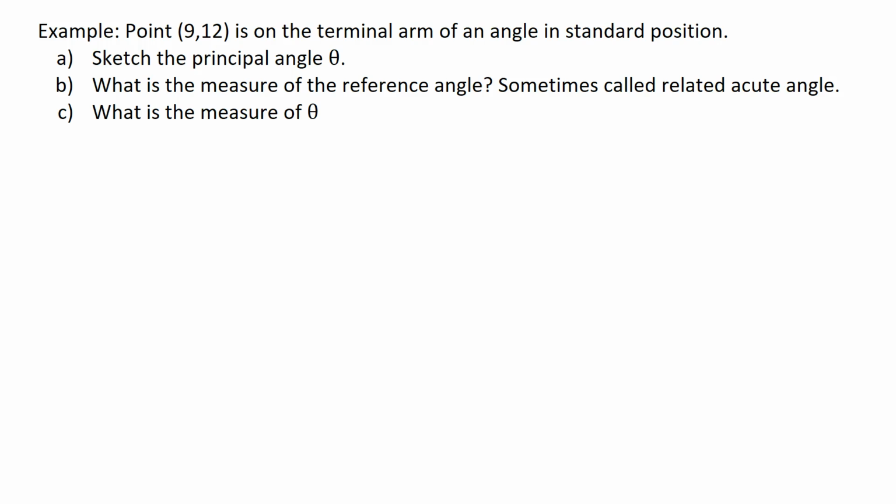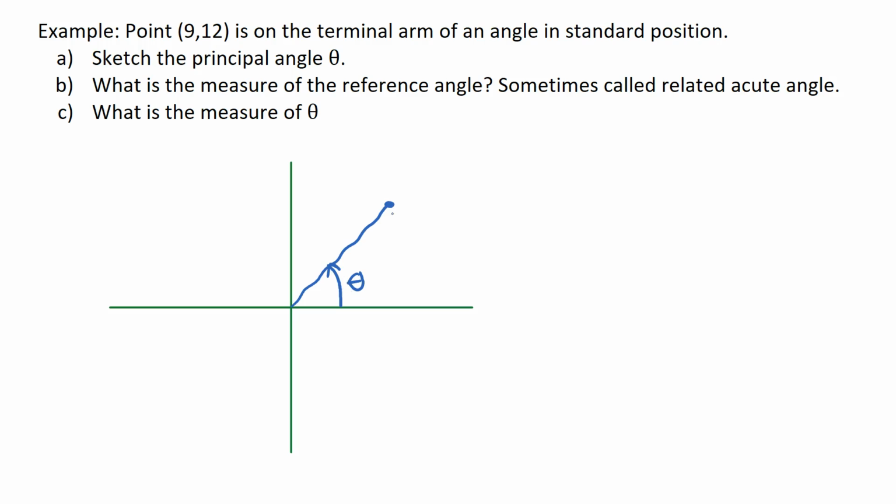So to do this, I'm going to start off by drawing a plane, and I'm going to ask myself, where's the point (9, 12) in the Cartesian plane? So the point (9, 12) is going to be in the first quadrant, which is right here. And in order to visualize the principal angle, I'm just going to draw that on there. And here's my principal angle, and that is theta. So this is the point